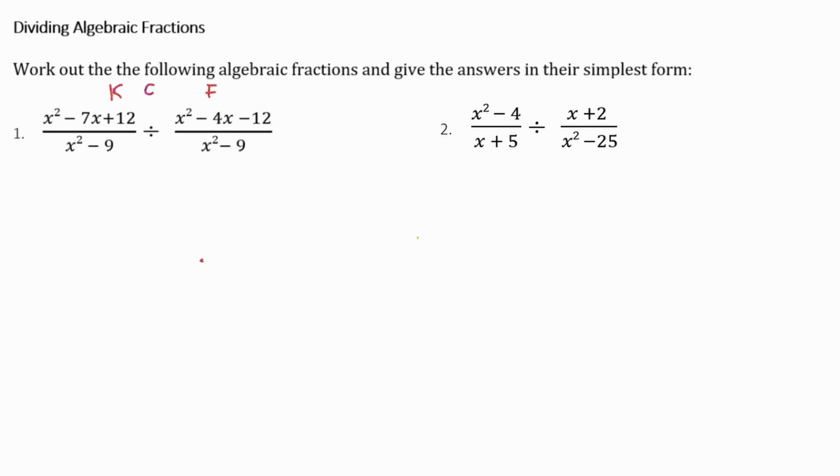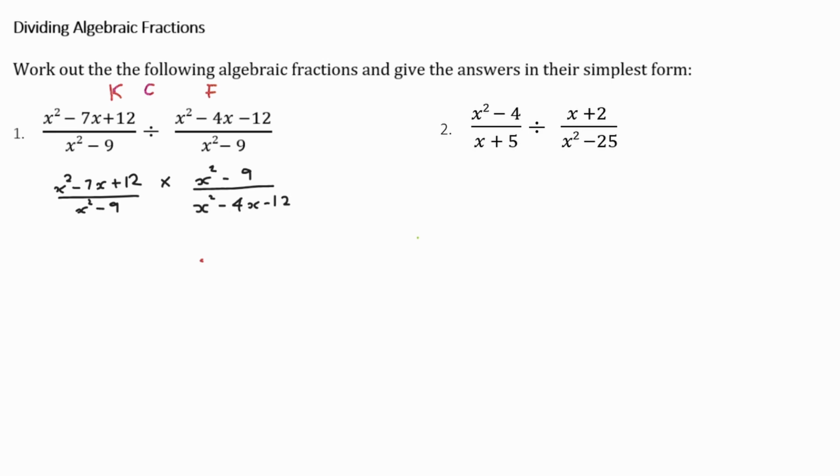reciprocal. So for number 1, we are going to keep x squared minus 7x plus 12 over x squared minus 9 as it is. We will change the division sign into a multiplication sign, and we are going to flip the second fraction, so x squared minus 9 would become the numerator, and x squared minus 4x minus 12 becomes